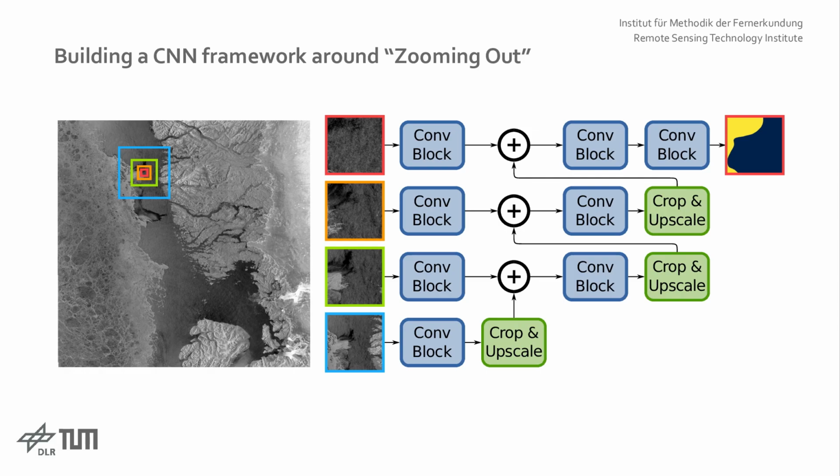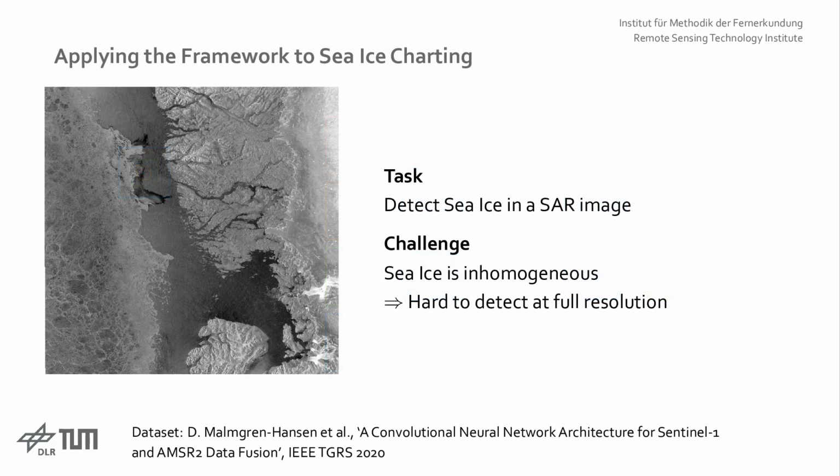So, what's the point of all this? Let me introduce you to an application where spatial context is tremendously important: sea ice charting. Here is a Sentinel-1 image of the west coast of Greenland. To the right, you can see the actual land. Left of that we see a strip of open water, until finally we observe a large patch of sea ice